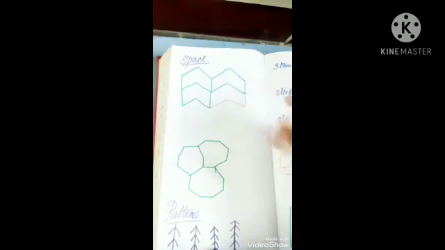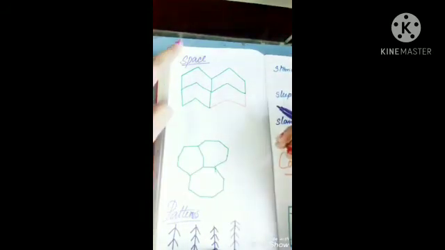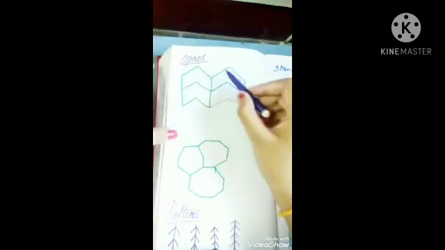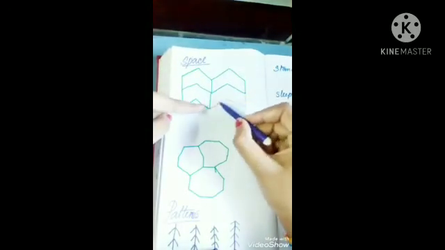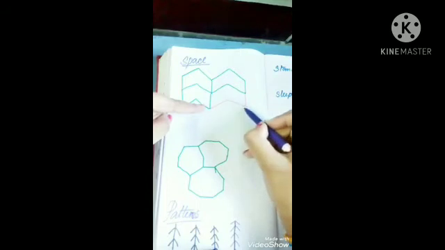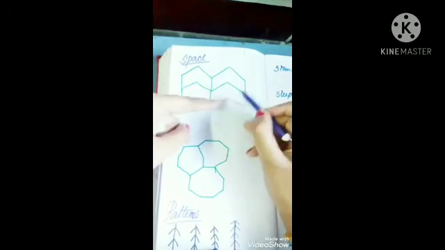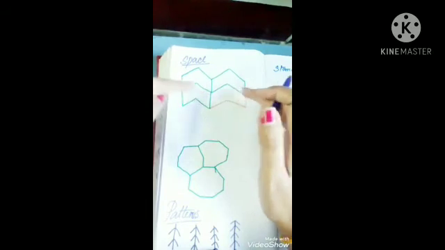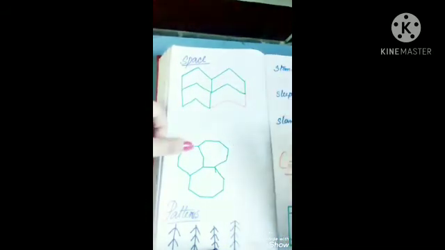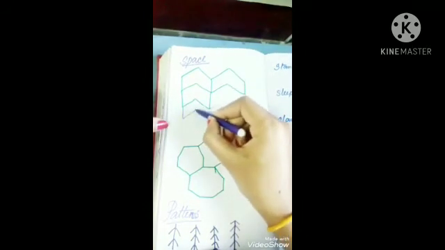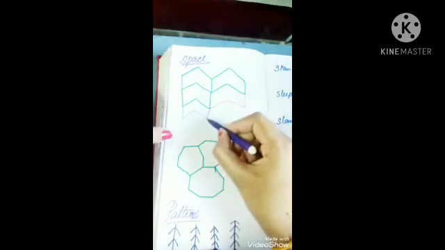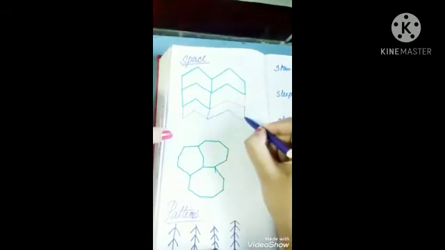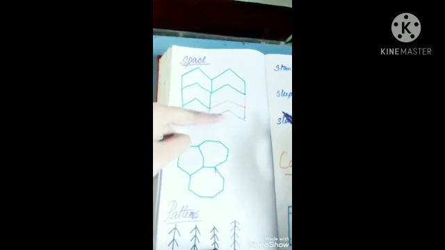So you can see here, space means you can see this green line. These are some tiles, but here one is missing, and I have filled it by using this orange color. That means I fixed this tile into that space. Here also this is a space. If I draw like this, then it will again fit into it, right? Again if I draw like this, again it will fit into it. That means we are utilizing the space.